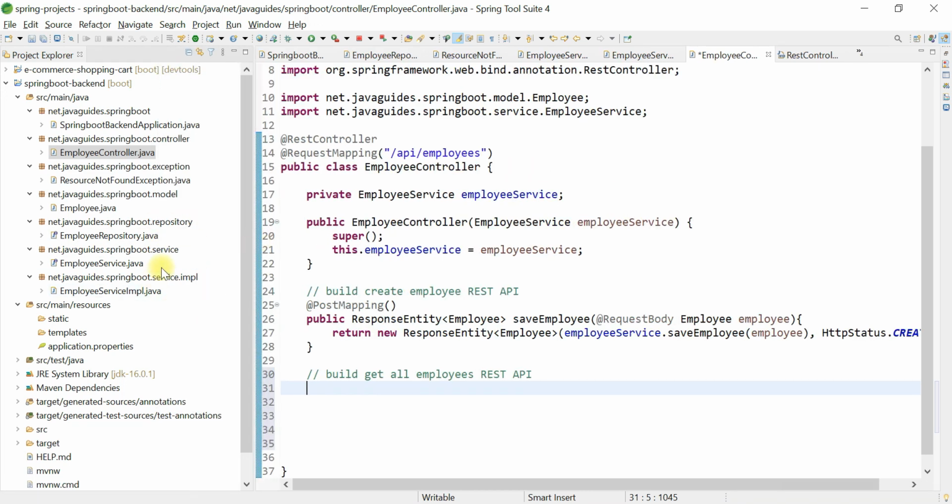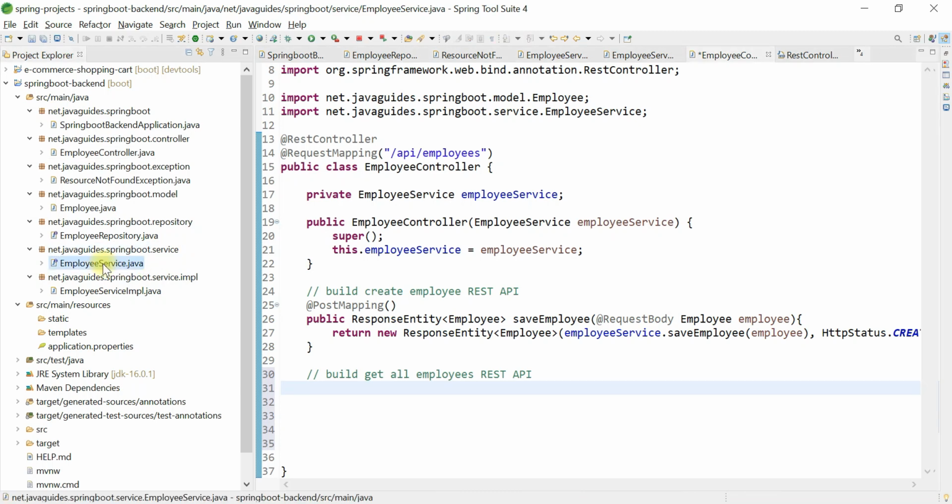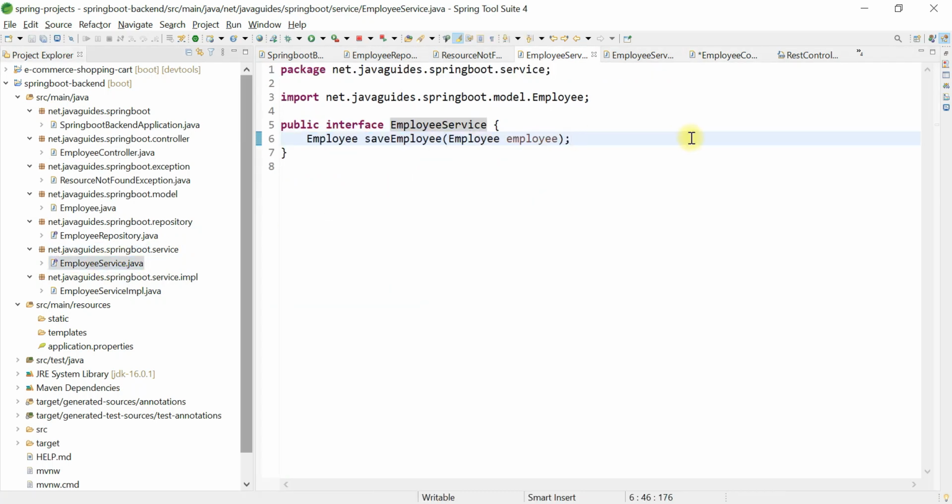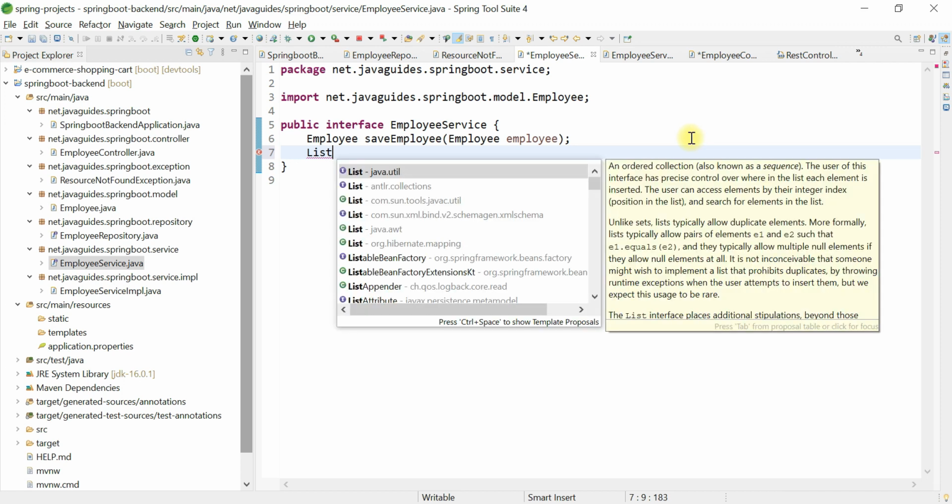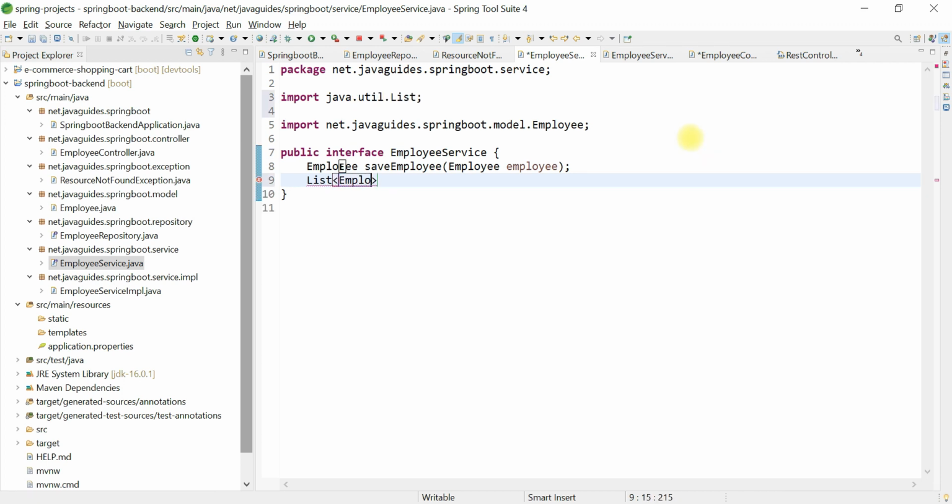So go to service package, go to employee service interface, and here we want to define a method called get all employees method, and the return type of this method is list of type employee, and just give method name as get all employees, and we don't have to pass any parameter to this method.